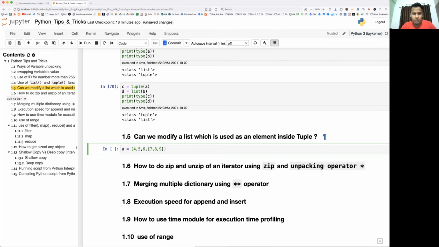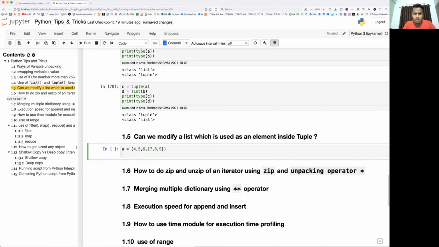So what does it mean? Since you are using a mutable object inside an immutable object, it will still have its mutability property alive. So you are free to change any value inside a list, but the list, which is a single element of the tuple, cannot be modified. The internal content of the list, which is already mutable, can be modified. So the answer is yes, we can modify.